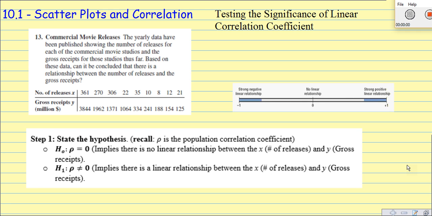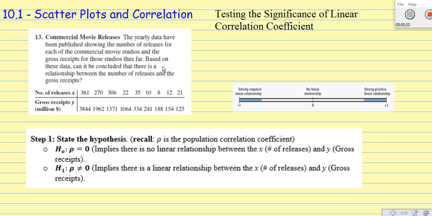Alright, this video is going to walk us through testing the significance of a linear correlation coefficient using easycalculation.com. So this is if you don't have a TI-83 or 84. This is using the website instead. And so essentially what we're doing is we're trying to take a look at some data that we've collected from a population to determine whether or not there's a relationship. And if that relationship is significant enough to say that we can actually let it represent what we found from